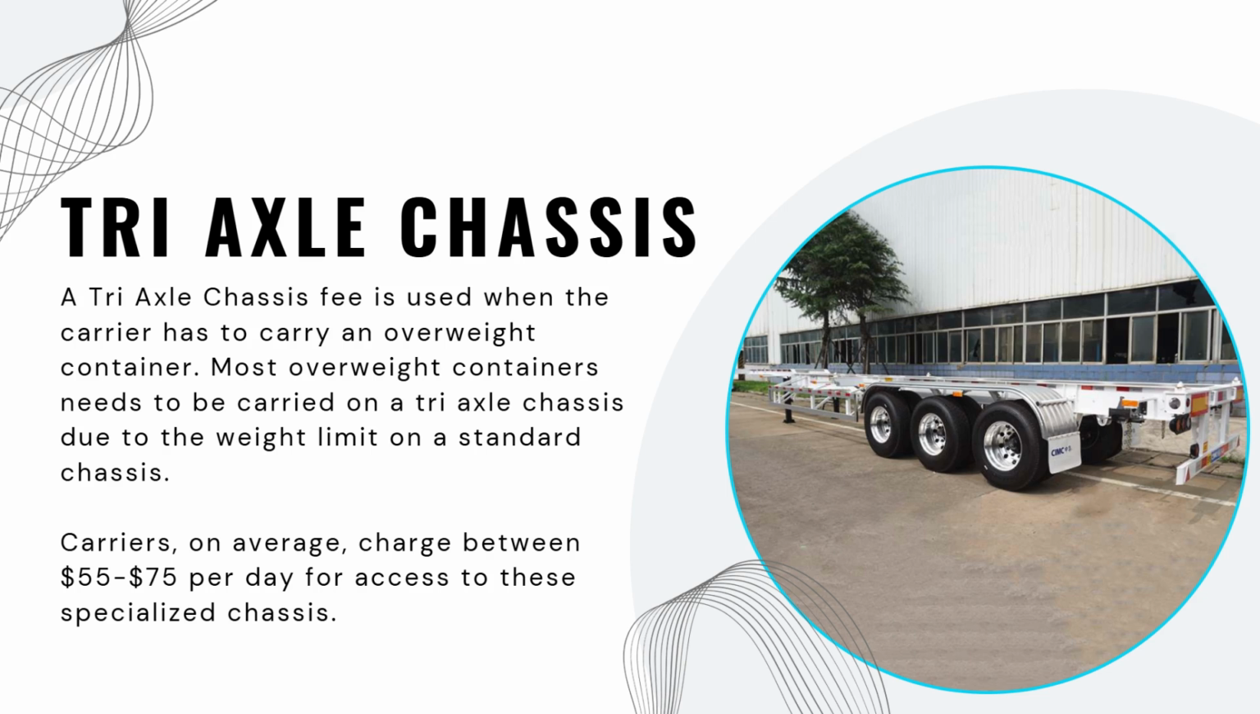A triaxle chassis. So a triaxle chassis is used when the carrier has to carry an overweight container, like we talked about before. Most overweight containers need to be carried on a triaxle chassis due to the weight limit on a standard chassis. So basically, a triaxle chassis is like a heavier duty chassis than a standard size chassis, which means that they can charge more because of the weight of the container itself and because of the type of chassis that this is. So carriers on average can charge between $55 to $75 per day for access to these